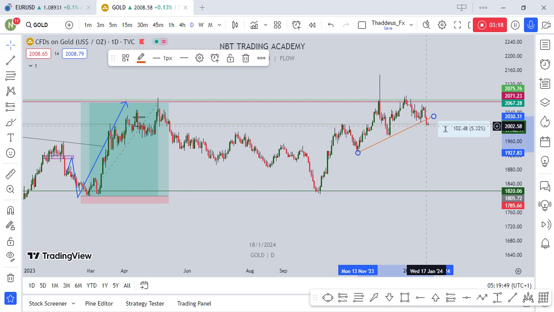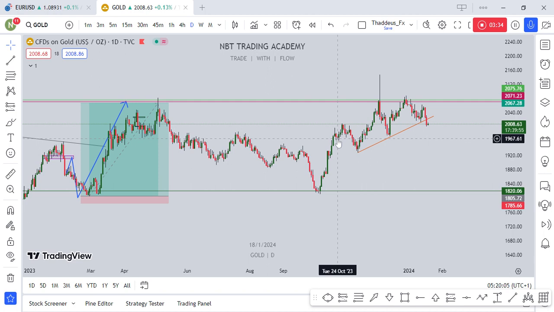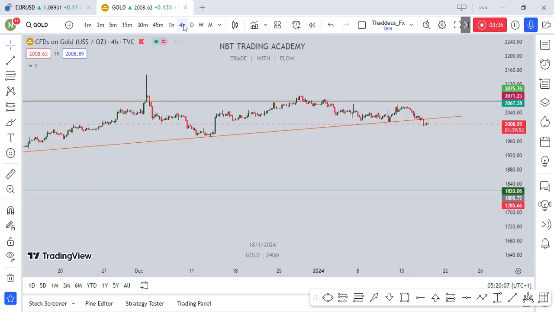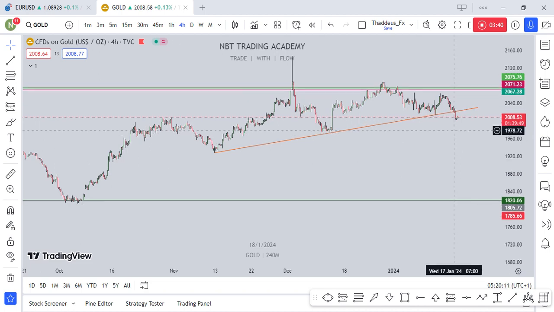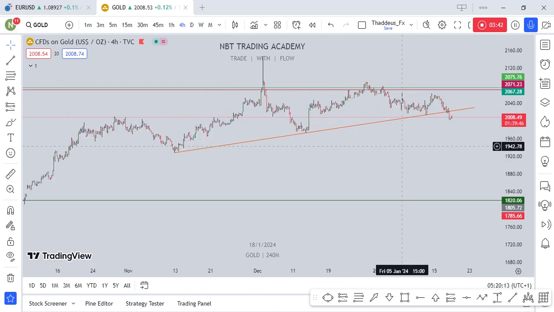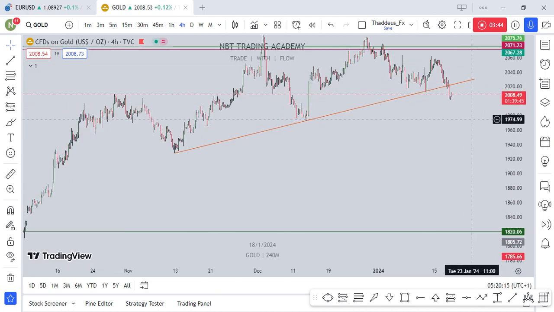Now a daily candle close is a full confirmation that it's time to start selling. At this zone, it came, it tested, it went up a little bit, came back. If it has not broken, we don't pull our triggers. So now it has given us enough confirmation that it's about to sell, and it's even a strong 4 hour candle. So what we'll be looking into now is a retracement back to the trend line.